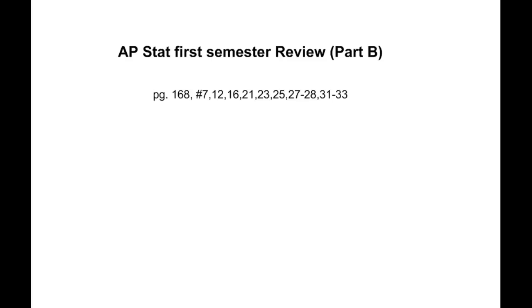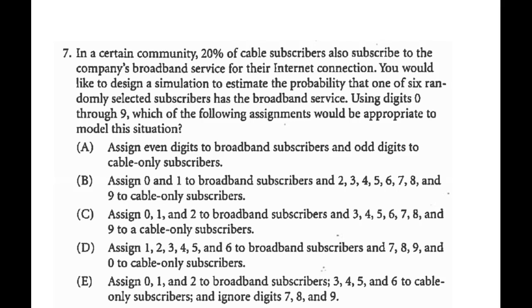We're going to do some problems that will help you review for your first semester exam. First one is getting back to the random number table. So if you see here, we've got 20% of the cable subscribers that we want, using digits 0 through 9, which of the following would be appropriate. So if we want to model cable subscribers,